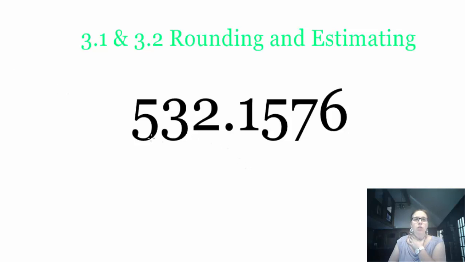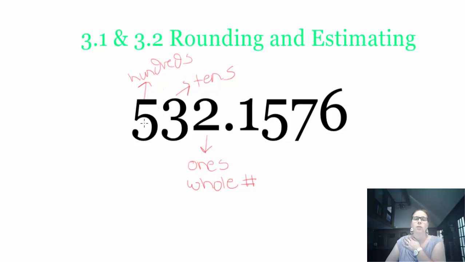So just for a quick review, in case you've forgotten, when we have a decimal, you need to know what certain things are called. So this 2, we need to know the place value. This 2 is in the ones place, which is also what we really call the whole number. If we say round to the nearest whole number, it means the ones place. Here's our tens place and our hundreds place, and then it would go on and on, thousands, 10,000s, 100,000s, etc. On the right side of the decimal, we have the tenths,